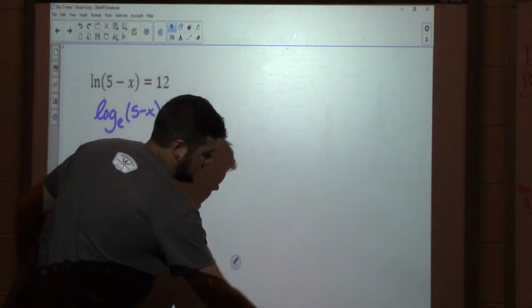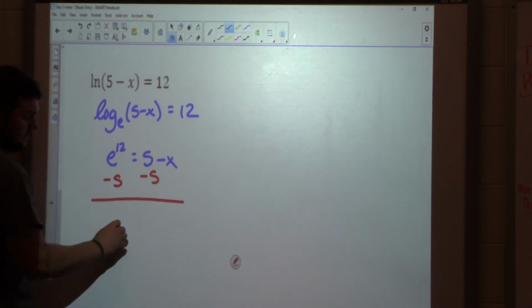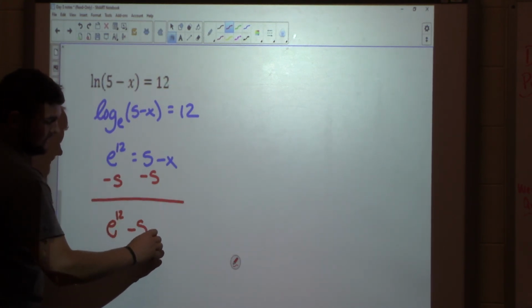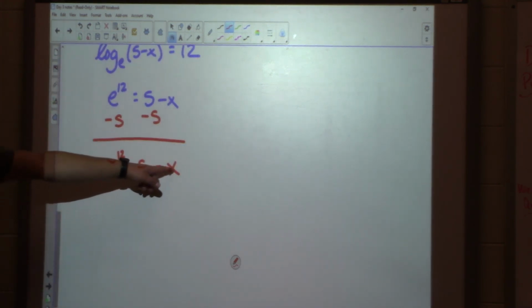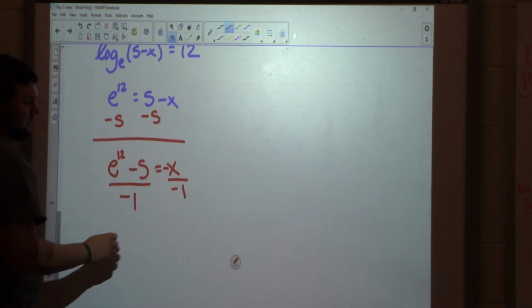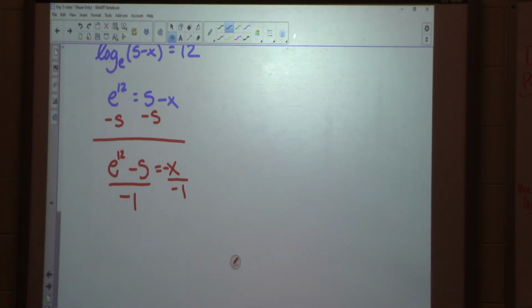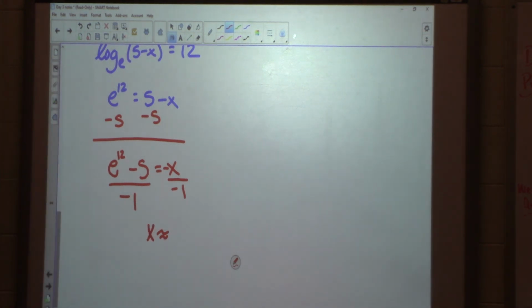Alright? So what I would say, subtract 5. e to the 12th minus 5 equals negative x. And do I want negative x? No, I want positive x. So I can either multiply or divide by negative 1. So then I would go to my calculator and put e to the 12th, enter. Minus 5, enter. Divided by negative 1, enter. And to the nearest hundredth, we see that x is